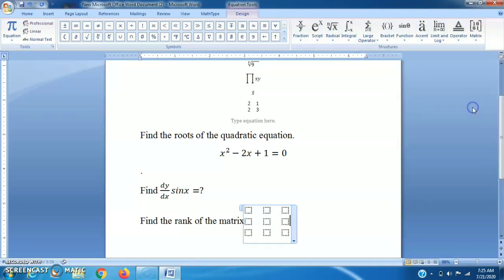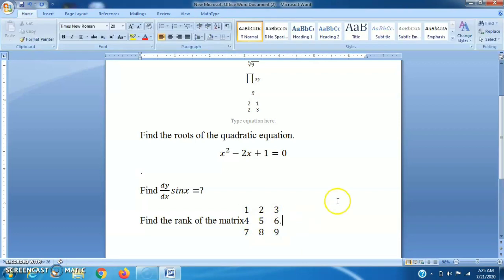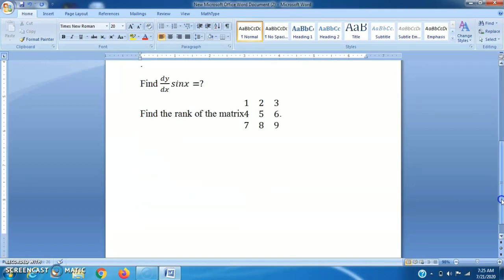Suppose I want this 3 by 3 matrix: 1, 2, 3, 4, 5, 6, 7, 8, 9. So in this way we can insert matrix.